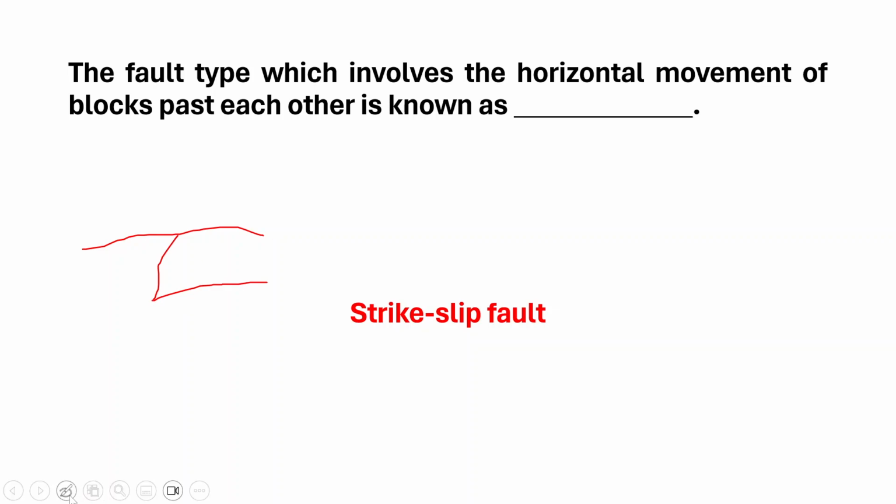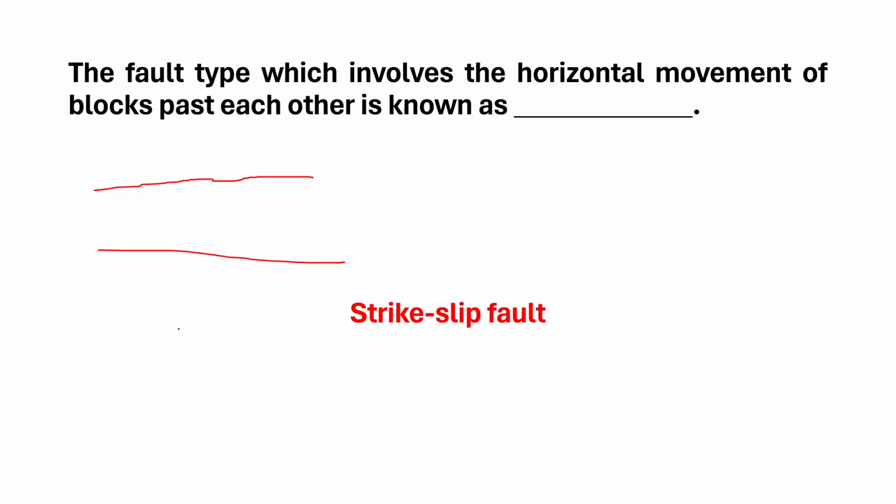So let's say you have a three-dimensional representation. So this is the fault, the three-dimensional fault, interpret this thing. So it's like this. So if this block moves past this block, then it will become,